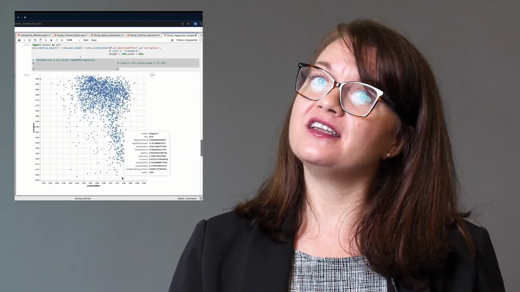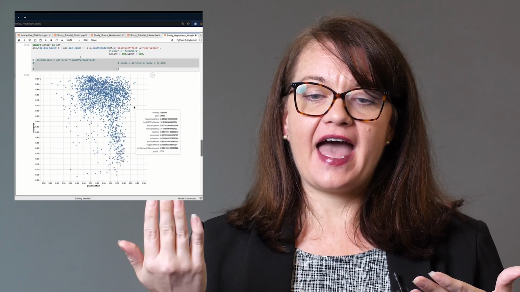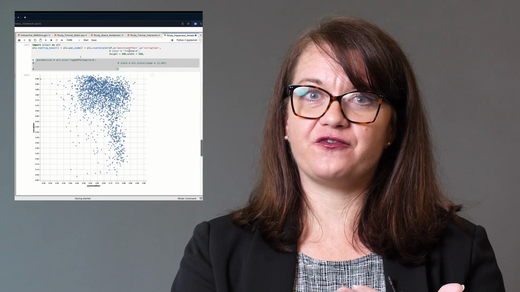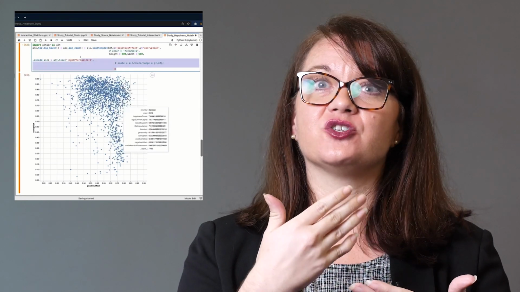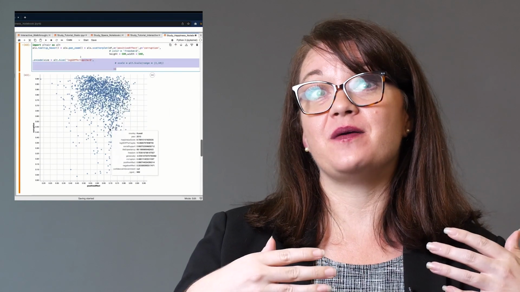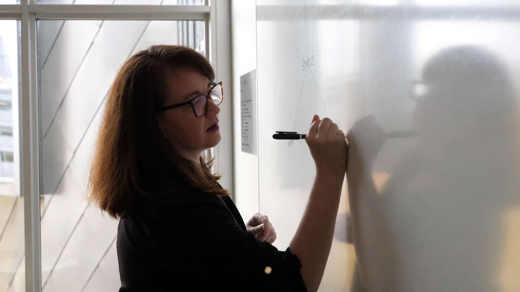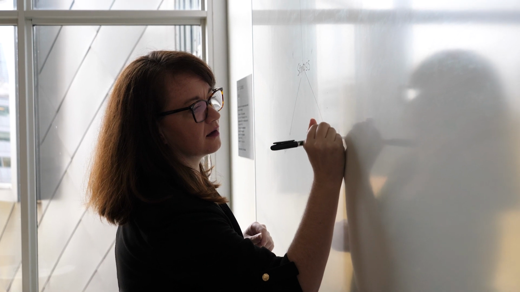From the perspective of cognition, we ask, well, if I add this interaction technique to this graph, how does that change what the person sees, how they interpret the information, and then how they might choose to act on the information that they glean? So as I was finishing my PhD in cognitive science, I never expected that I would